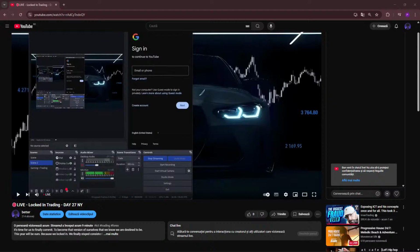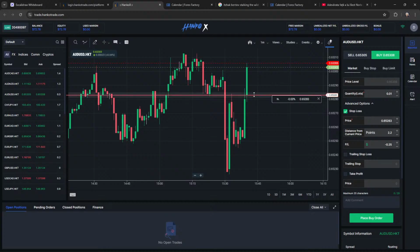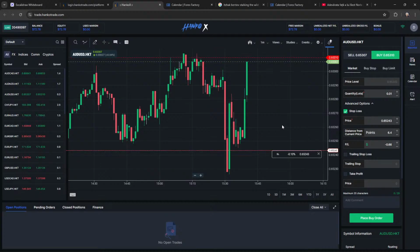1.6, okay. But it's probably not even gonna retrace. It's just that the real volatility from news is really kicking in, so I don't know if we're gonna even retrace towards this, but in case we do, I might take it, but we're very likely not gonna do that though. Still,